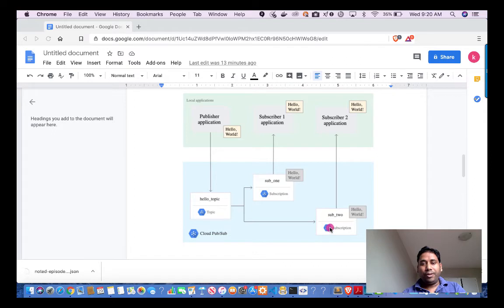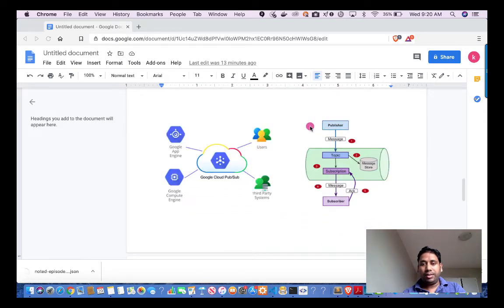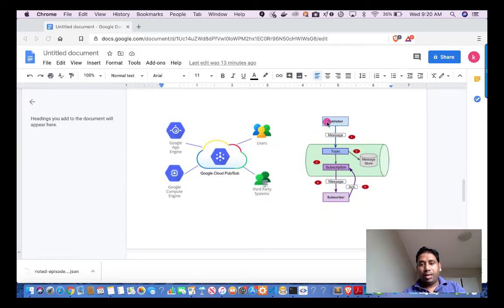Before going into that, let's understand with another example how Cloud PubSub guarantees the delivery of the message at least once. Whenever a publisher publishes a message, it goes to a topic, and from that topic it will be stored in a reliable message store. Then this message is provided to the subscription, and that message is pulled, or the subscription pushes the messages to the subscriber.